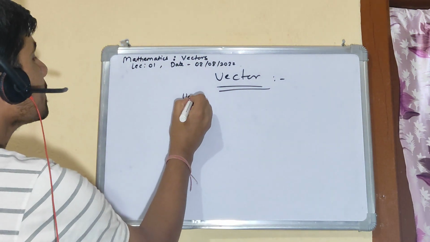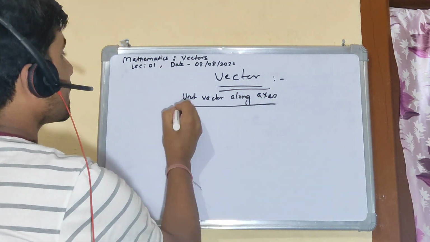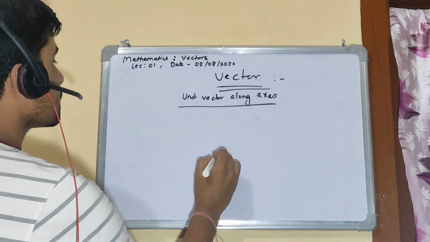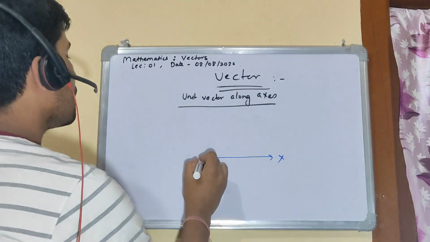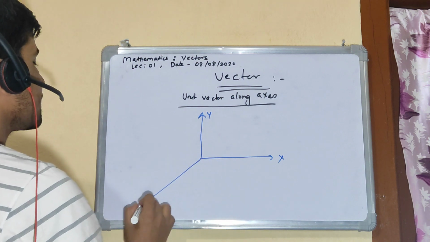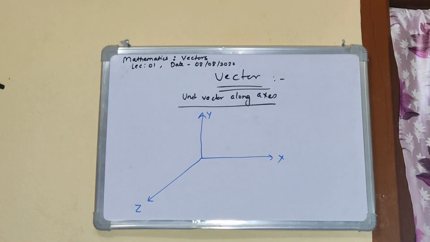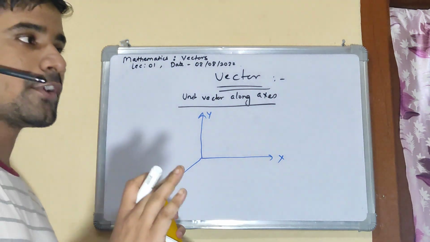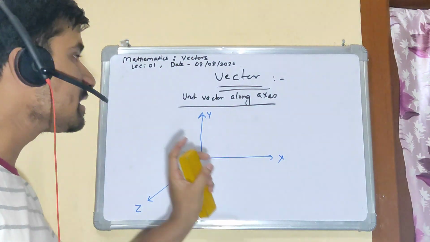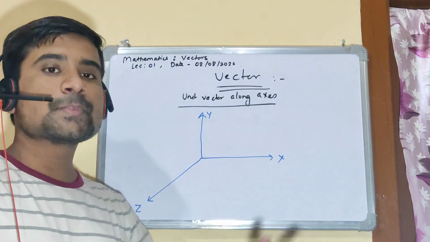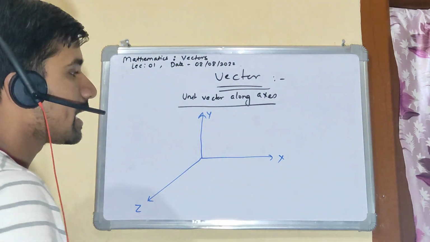So let me talk about unit vector along axis, right? So axis looks like this. You have, let's say, x-axis, you have y-axis, and then you have z-axis, right? Okay. So a vector can be represented along this axis as well, but to represent a vector you need a directional quantity. So we need to specify unit vector along all these three axes, by virtue of which we can represent any vector quantity, right? So unit vector along x-axis is given by I cap.